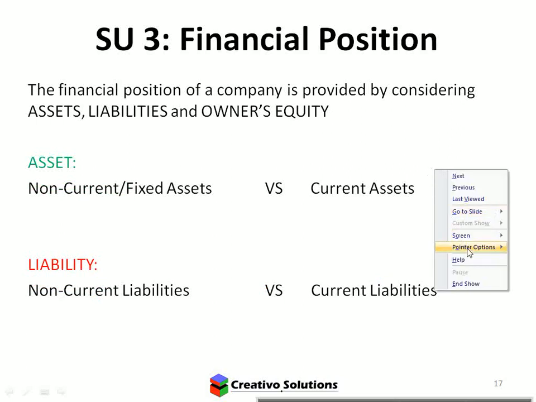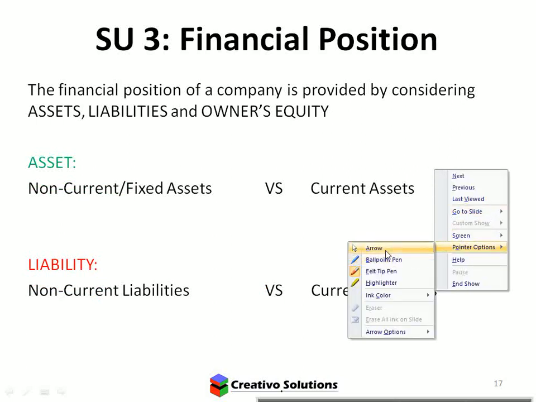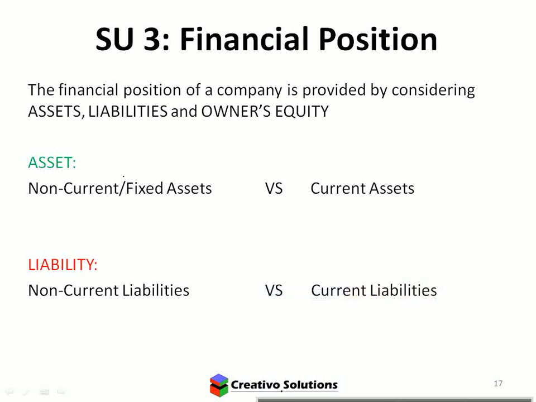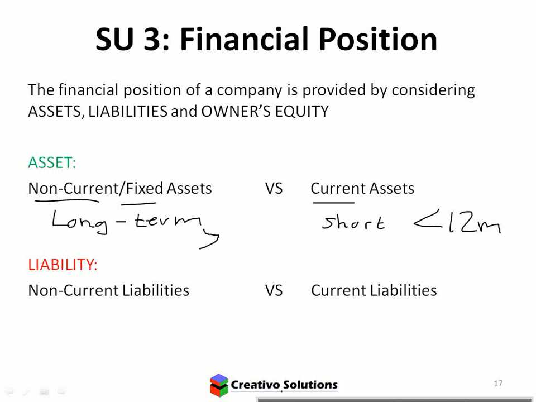This is just a note about disclosure. You'll see they talk about short-term and long-term assets and liabilities. So the word non-current or fixed relates to a long-term asset. It's just a fancy word to describe something that's longer term. Current, short term. Yes, less than 12 months. Long term, greater than 12 months.